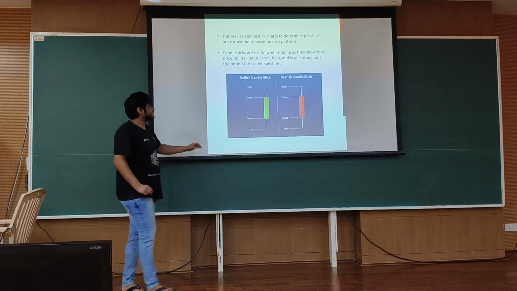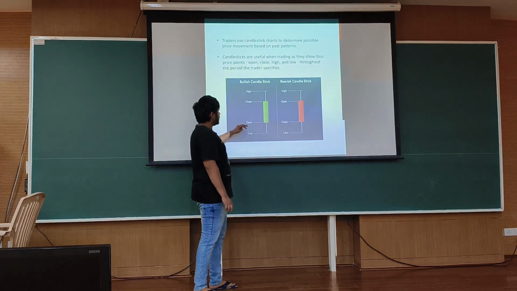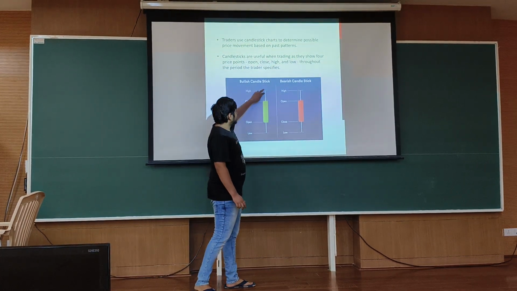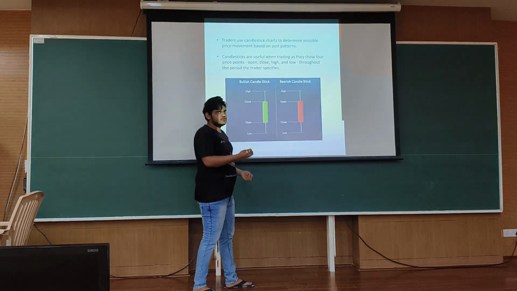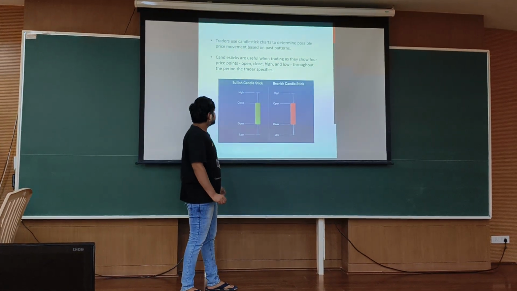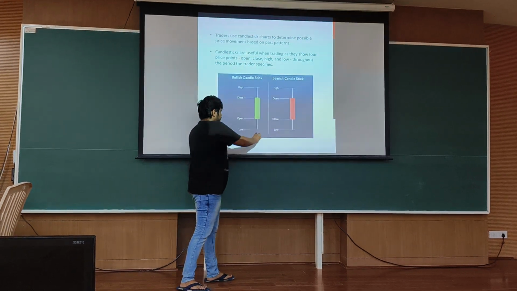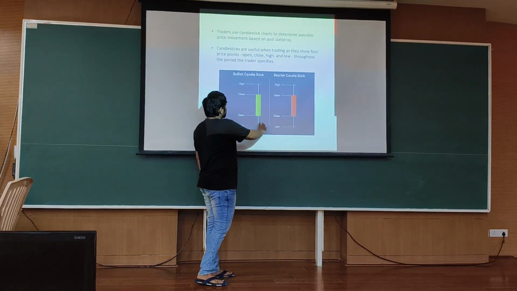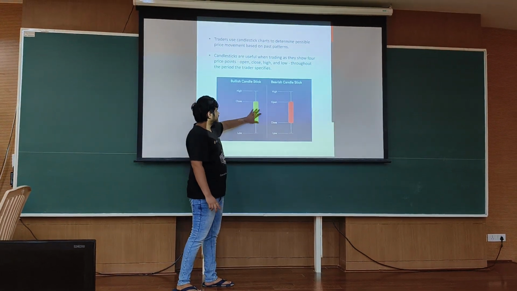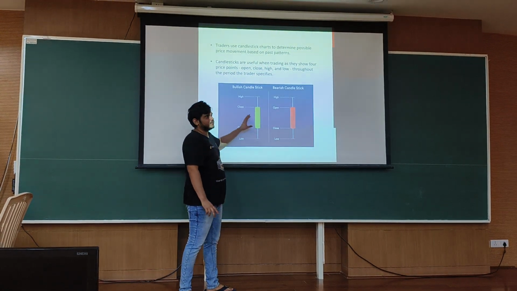So this is the basic candlestick. There are parts of a candlestick. The broader part is called the body, and this is called the wicks. For example, in candles you also have wick of thread and body made up of wax. It is similar to that. Now, the extremities of the wick form the high and the low of the day. If the candlestick body is colored green, it means it's a bullish candle.